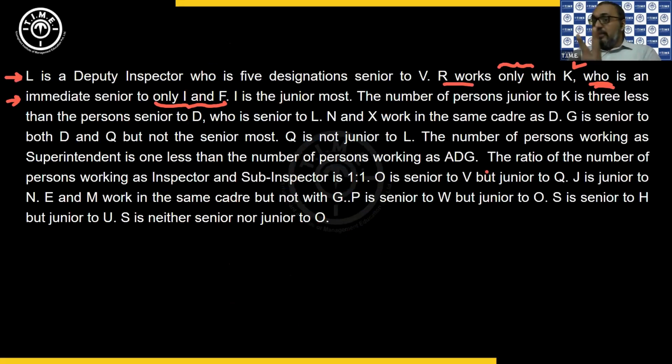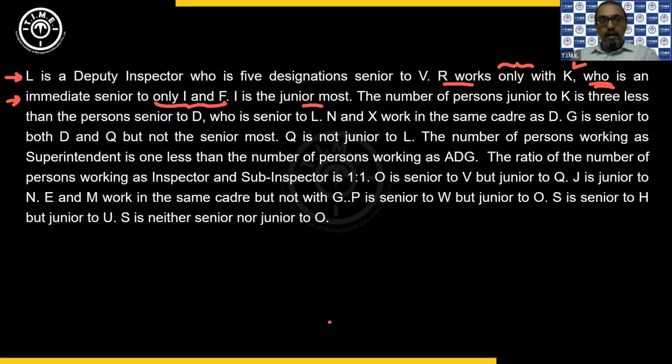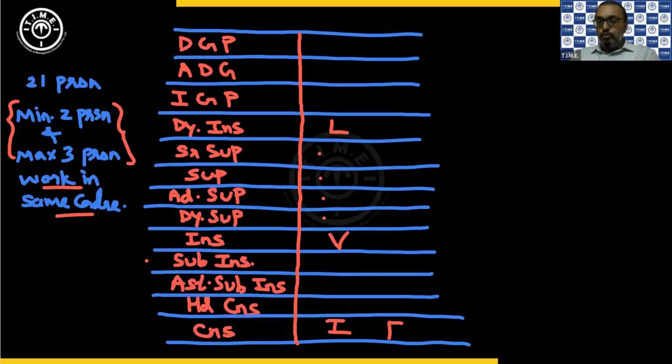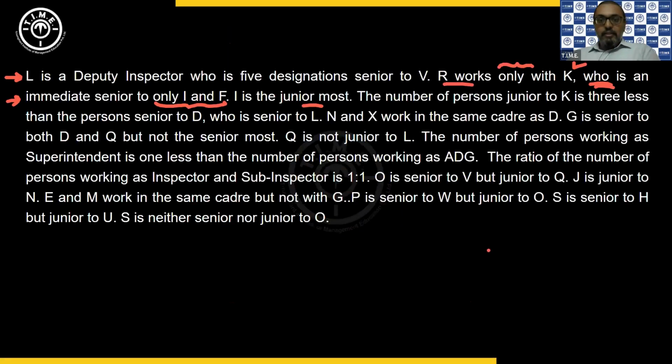So we have only 2 people, R and K, who are immediate senior to only I and F. And next he says I is the junior most. Because I is the junior most, we have the constable given. So we have I and F, the only 2 people working in this. And then we have R and K immediate senior, that is the head constable. So I have 2 persons in this cadre, 2 persons in this cadre, because I need to keep a count, because I know that there are only 21 persons. So I need to keep a count. So 2 and 2. Okay, then the number of persons junior to K is 3 less than the persons senior